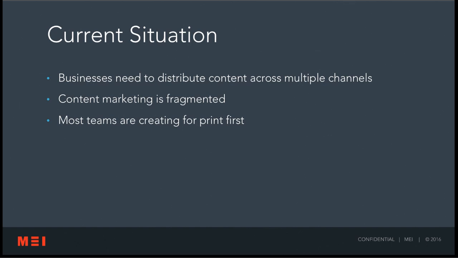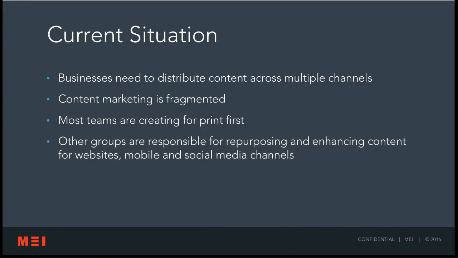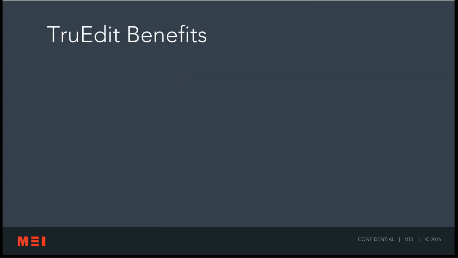The print product takes the longest to get to market. We have to create it, turn it into a PDF, send it to our printer, ultimately print that, and then ship it to our end consumer. That takes more time than simply creating a post and publishing it to the website. But what folks are challenged with is repurposing that content and enhancing it for their digital channels. Very often when you start with content in a print-first strategy, it's cut to fit to meet that print need. And ultimately that means when you go out to your website, when you go out to your mobile applications, and social media, you're using content that is shorter than all of the content that may have been originally authored.